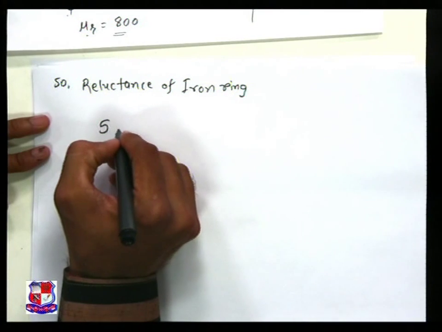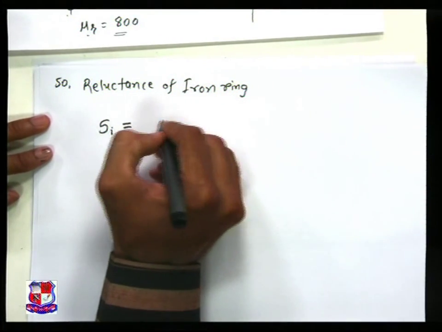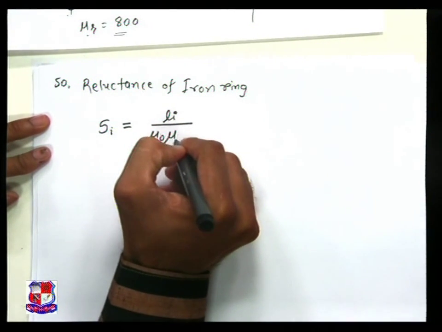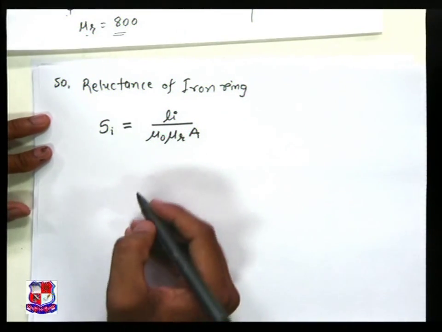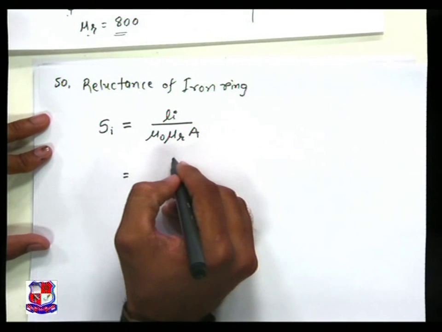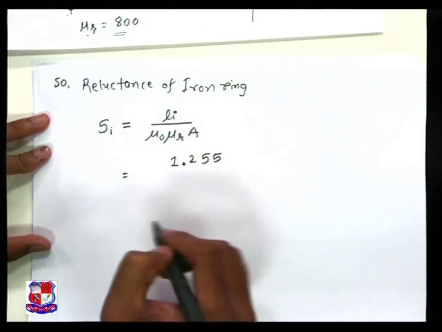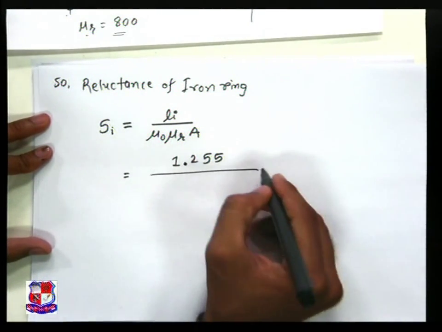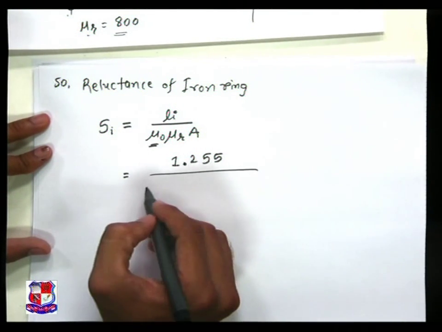So, as I is indicating the iron ring, Si equals Li upon mu 0 mu r into cross sectional area. So the mean length we have found in meters, 1.255 meter, and as we know the constant mu 0, the permeability of air,